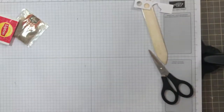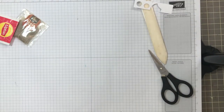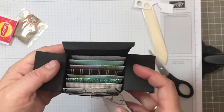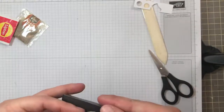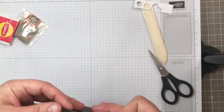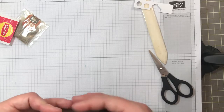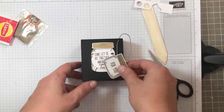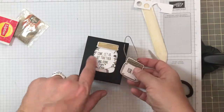Anyway, so then these will fit in here so sweetly. And there's 7, and I had another one. There we go. So there is 8 tea bags. And the person will have a nice little get well gift, thinking of you, something like that. Somebody who loves tea. They don't have to be sick, just somebody who loves tea. And there's your sweet little package. And that label, you can see it right through that